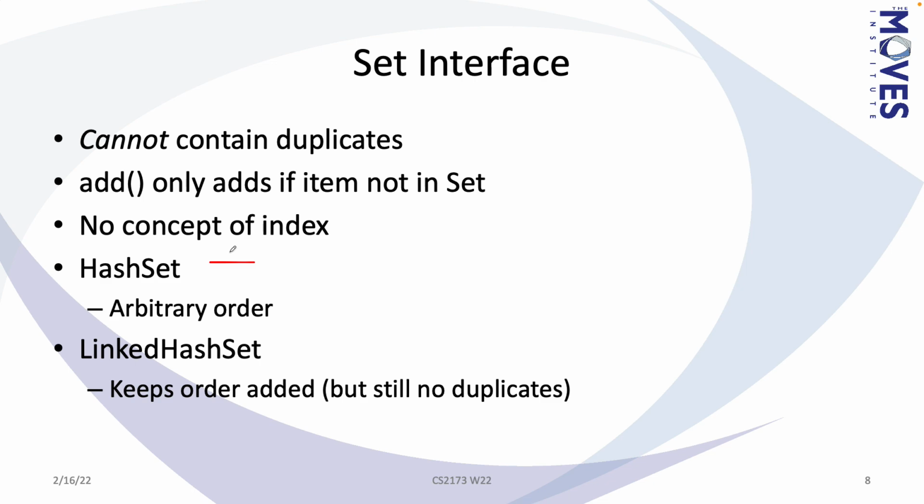The other set is called a linked hash set. And like a set, it has no duplicates, but what it does is it keeps things in the order that you put them in. And that's sort of the difference. So if the order that you put them in matters, then a linked hash set is what can do that. Whereas a hash set is, we say, arbitrary order. The order is determined by this thing called